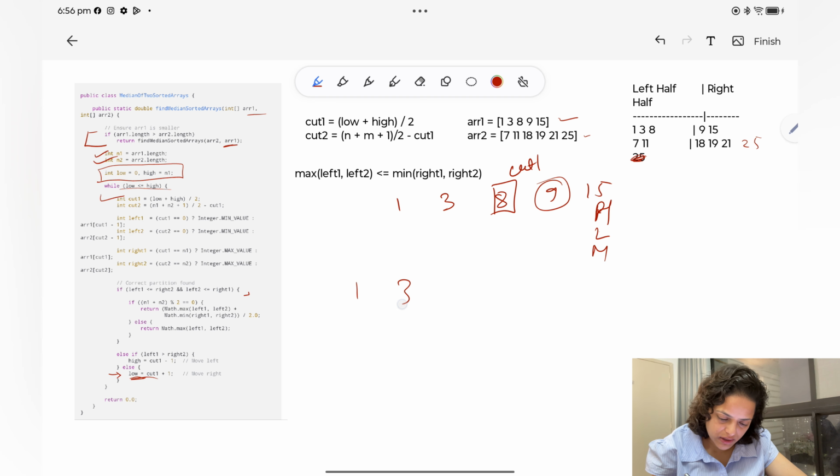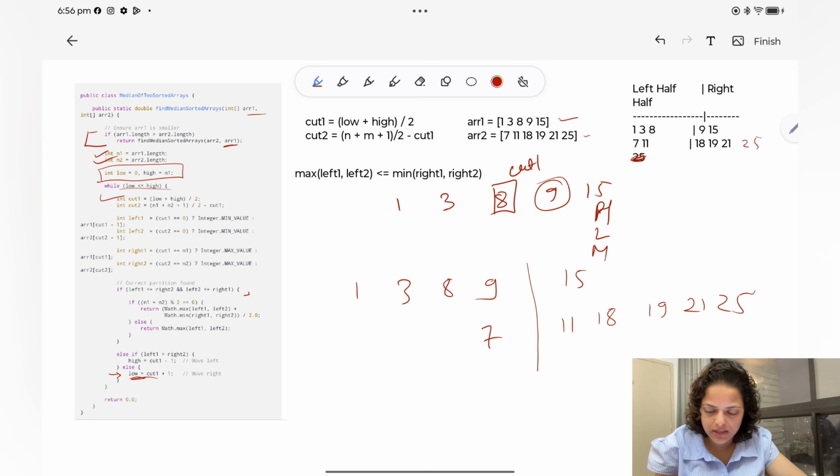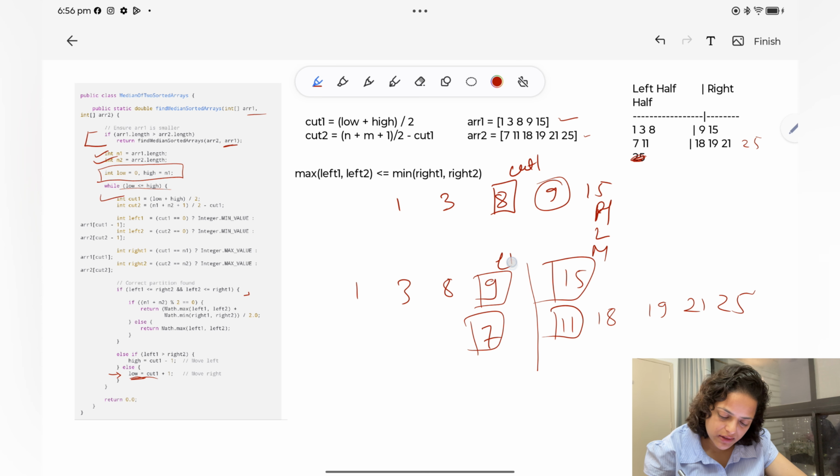So now you will have 1 3 8 and 9 on this side. Okay, and then 15 on this side, and from array 2 you will have 7 here, and the remaining 11 18 19 21 and 25 on this side. Okay, 9 is less than 11 and 7 is less than 15, condition true. So this is my array, and now I will find this is my L1 L2 R1 R2. Okay, so I will apply this formula because my N1 plus N2